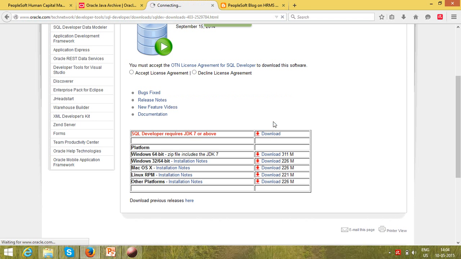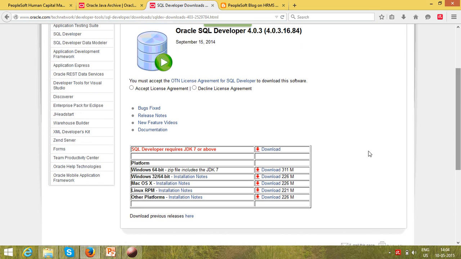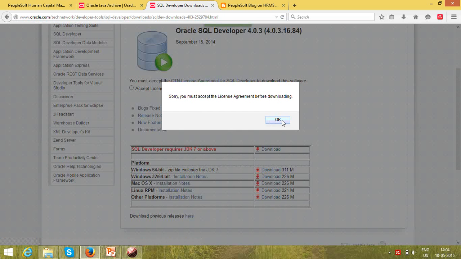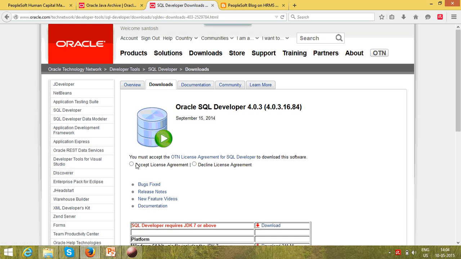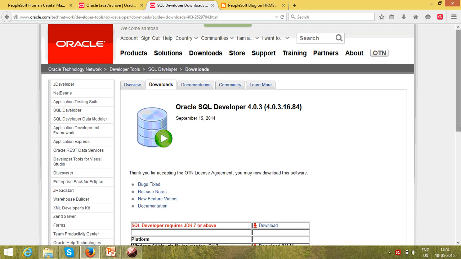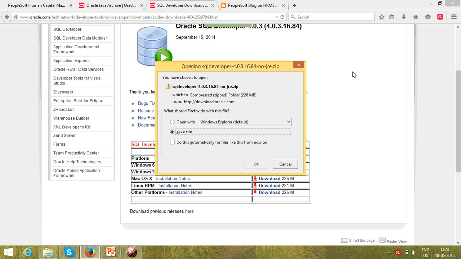Yeah, so we need to accept the license and terms, and then just click on download.